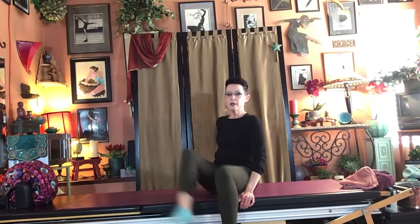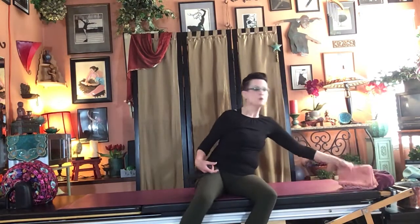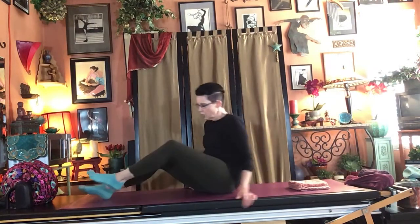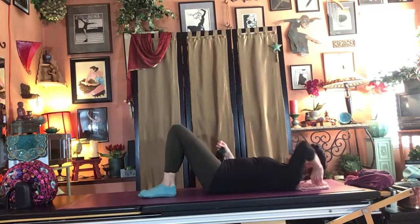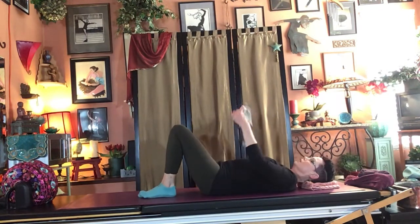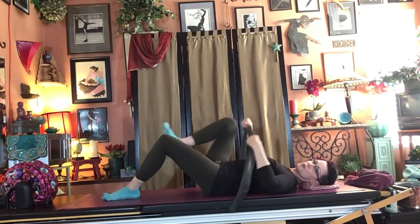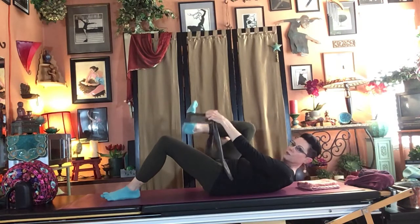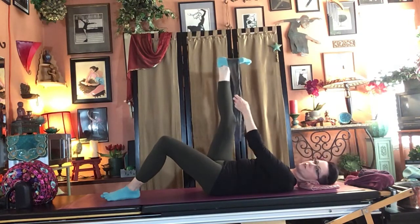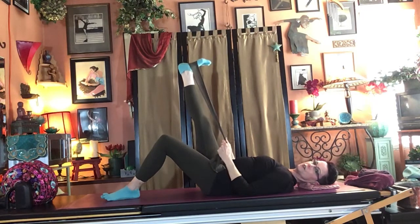If you have a TheraBand, grab it. If you do not, use your long towel, and you'll want your head support. All right, let's roll on our back and get into your neutral pelvis and spine. Bend your knees. If you have a band, use it as I said. Otherwise, your towel, slip it over the middle of the arch of the foot, grab on either side, choke up if you're using a band, pull the elbows to the mat, and anchor so that you have a good handhold,